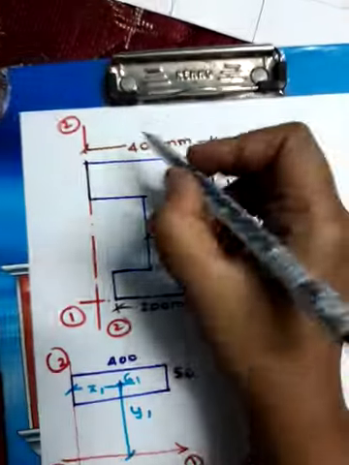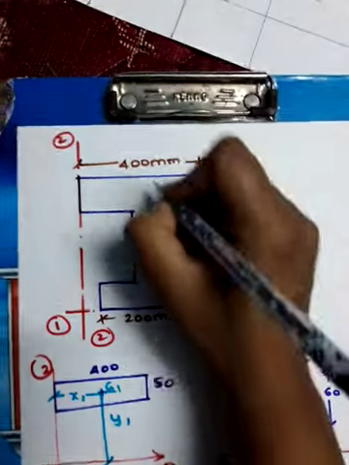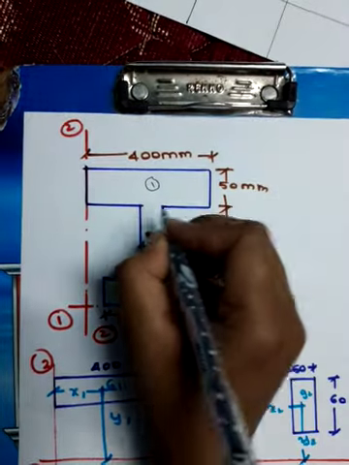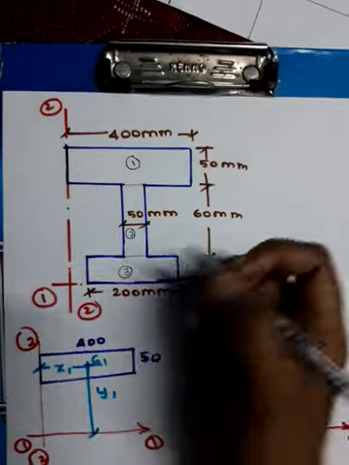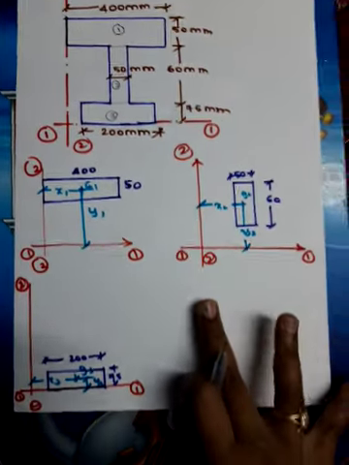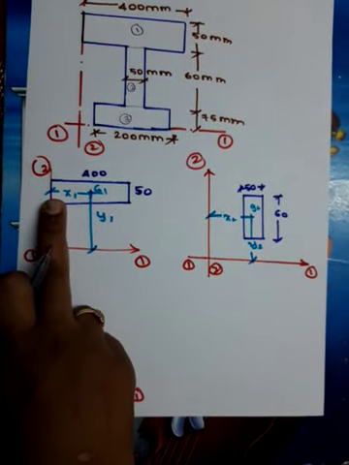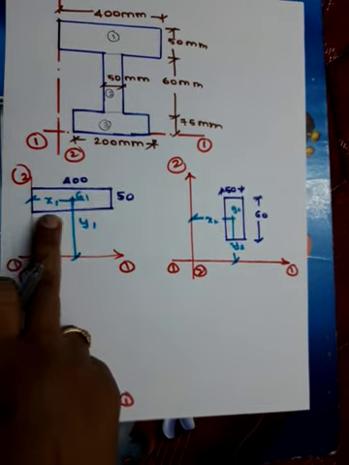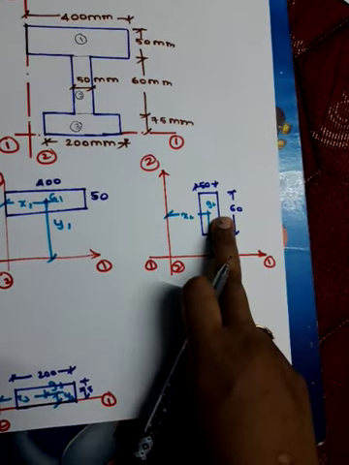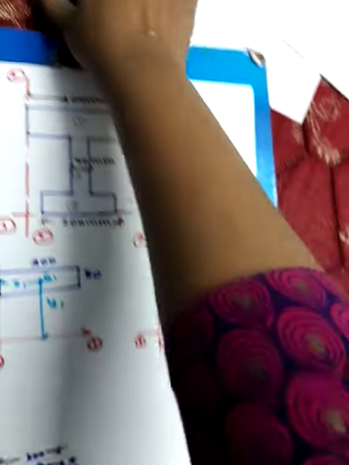What I'll be doing is dividing this particular area into smaller areas. I'll consider this as the first area, this is my second area, and this I'm going to take as the third area. Now I have divided the area, and this is the first area and this is the centroid of that first area, x1 y1. Similarly, I have shown the second figure and the third figure separately. Now let us learn how we are going to calculate.